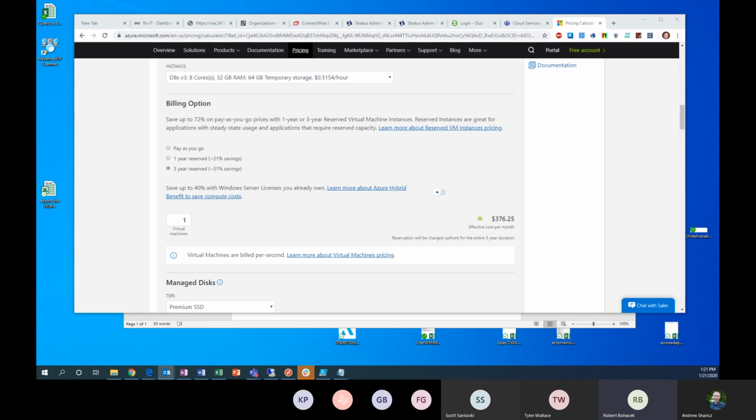For the larger environment, this is where WVD really shines, because the point of WVD is you can have multiple session hosts, so what you want to do is assign